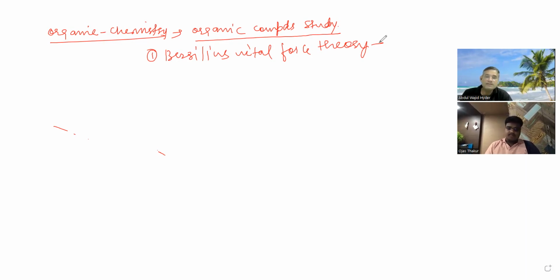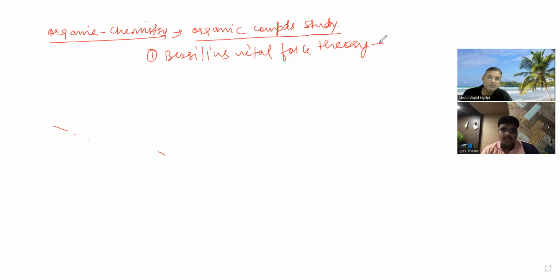So according to Berzelius's vital force theory, inside the living being, there is a very special kind of force. That force is known as vital force, and that force is responsible for the formation of organic compounds inside the living being. Since outside the living being this vital force is not there, that's why outside the living beings these organic compounds can't be there. But